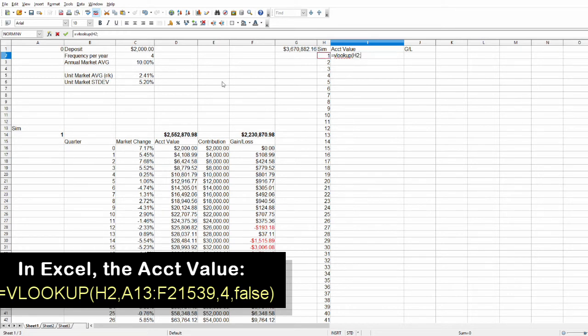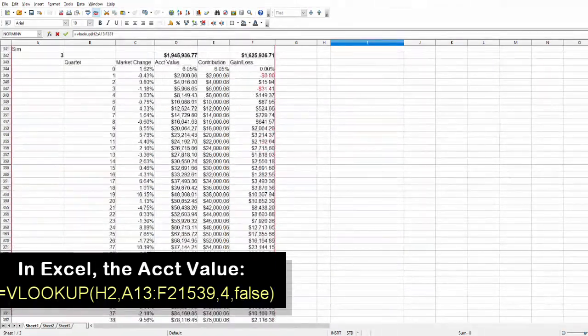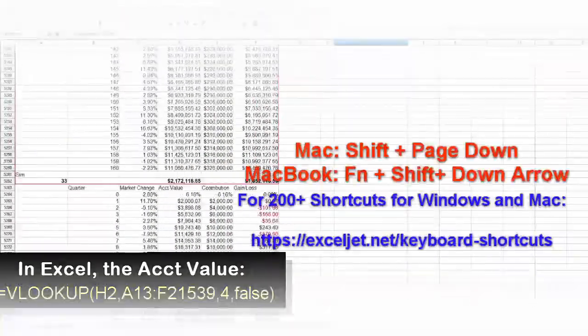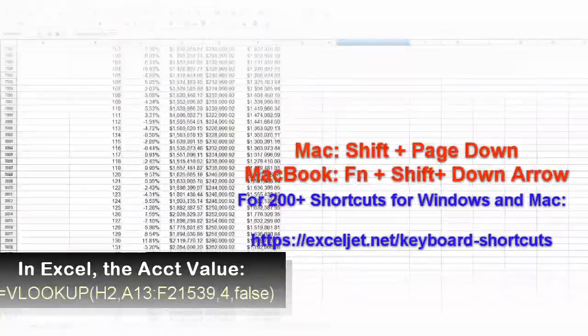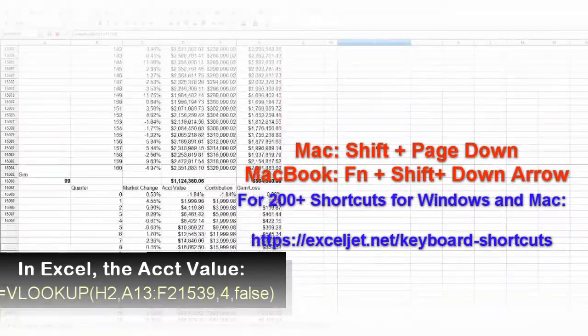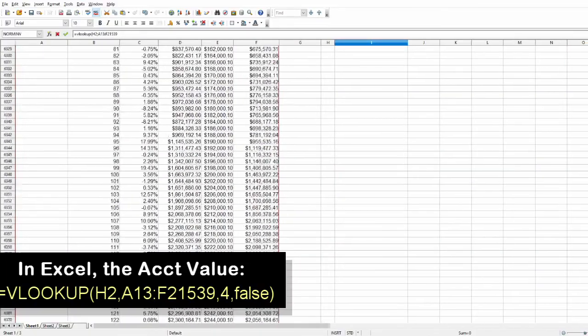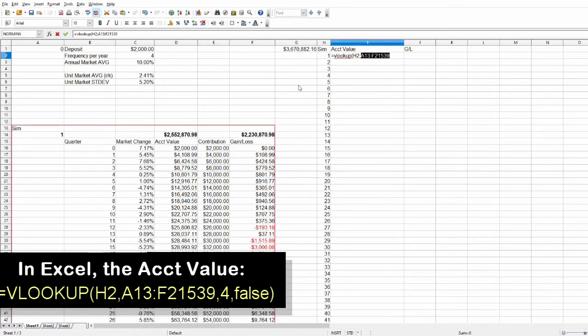So I want to look at every single thing that I copied and pasted. So I want to look at this entire array. So I'm going to click all of this down here, and I'm just going to hold and drag this down for a long, long time. Might even shift down, because that's just going to highlight everything that I have, and it goes a little bit quicker than using my mouse. Shift page down, and I go to the very end, right about there. And it doesn't have to be perfect even. So it's telling Excel, or OpenOffice, look in all of these cells for the number 1, and then